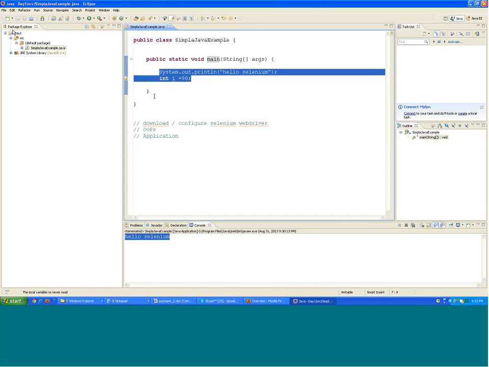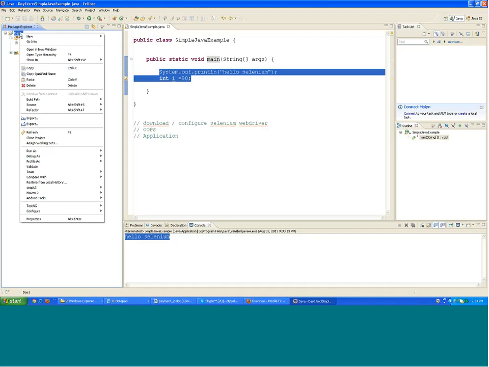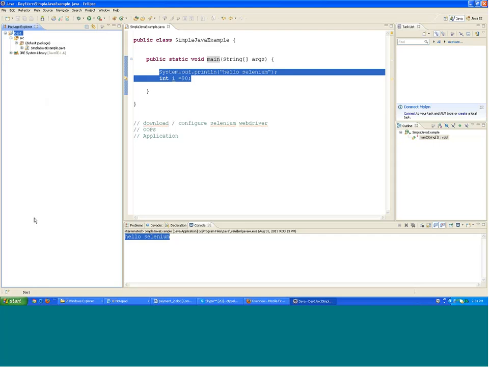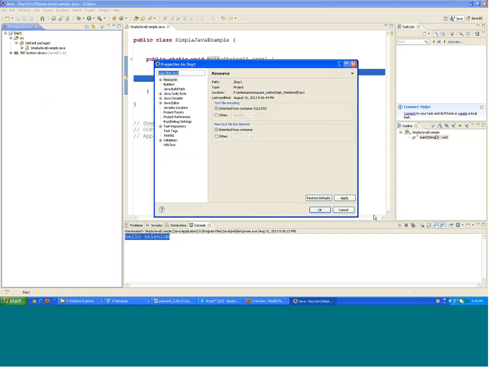Okay. If I look at this project and right click on it, you'll see the Properties option. Now this is a very important option which we will be using a lot when we get into the training. This properties box gives you all the project properties. For example, in the Resource tab, it tells you the location where the project is lying. You can copy this location